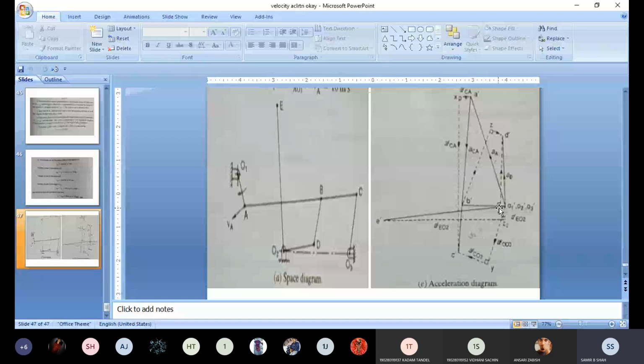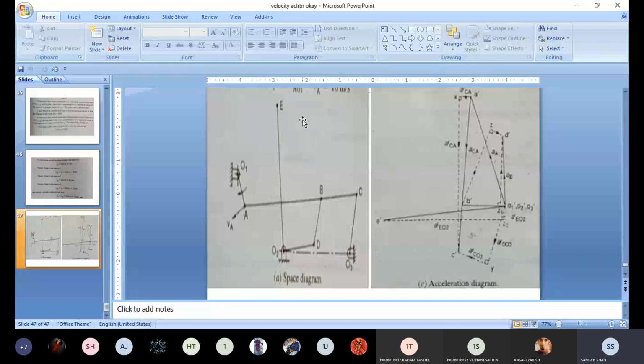After that, take a 90 degree or perpendicular line from the space diagram of O2D from Z1 with the help of a roller scale, which intersects at D dash. So we are getting Z1 D dash, which is our tangential part. Z D dash is the tangential part of BD, and Z1 D dash is the tangential part of O2D. Join O2 dash D dash, so it is the acceleration of point D.